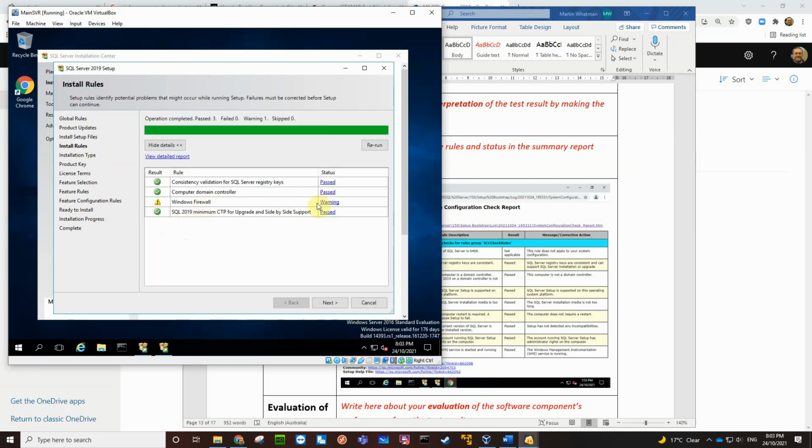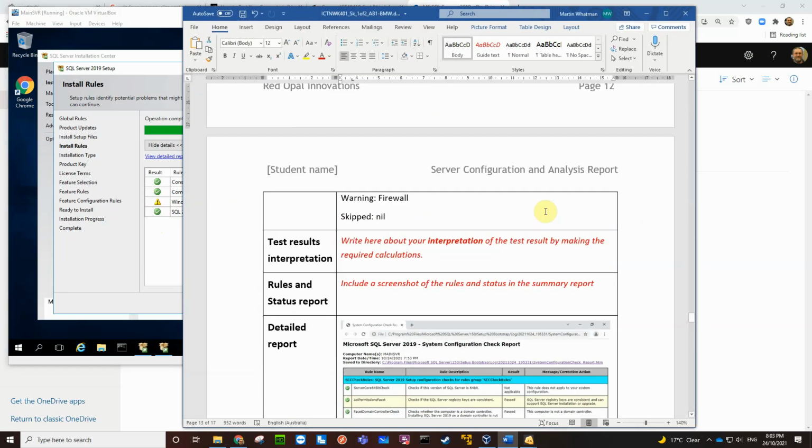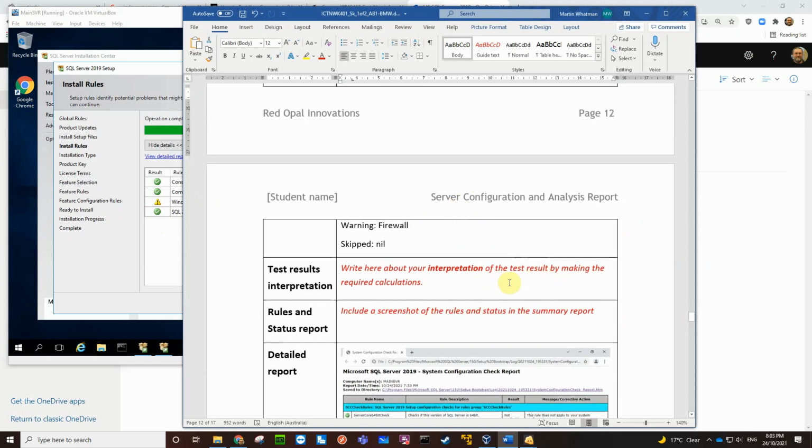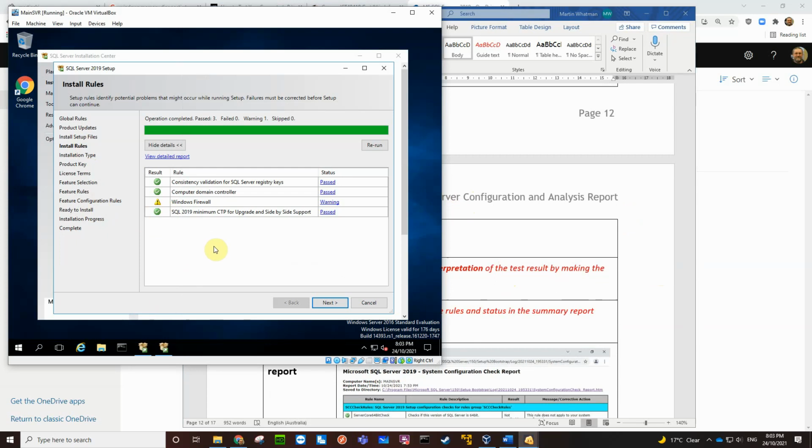Okay, so there's the Windows firewall warning, which I had. Rules and status report. I'm assuming that one of these will be the report that we need. So let's just go. I might just go out of here and do a